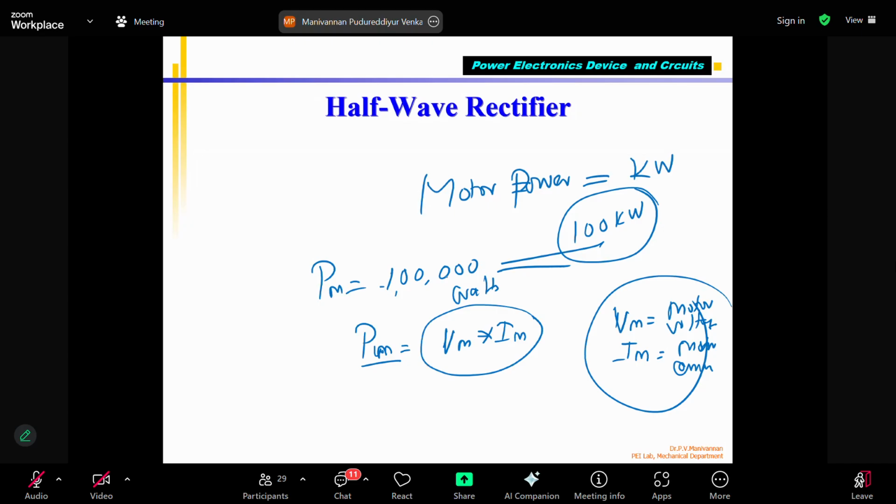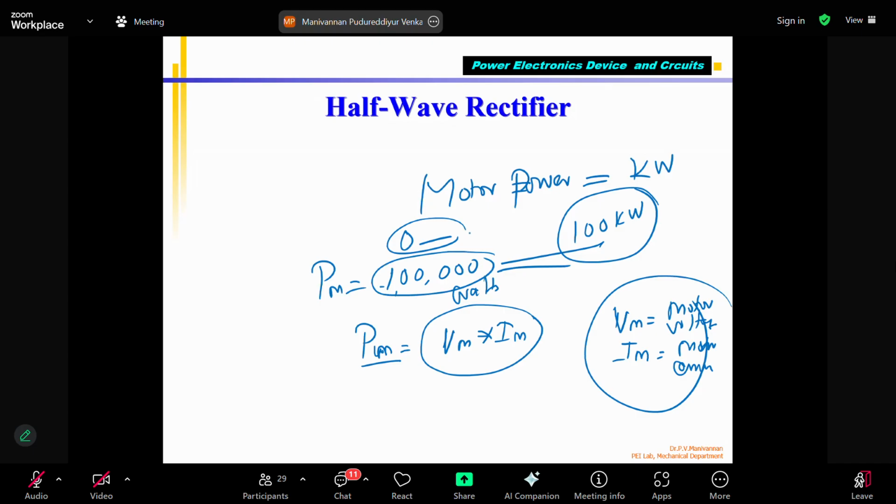Already, your car weighs around 1500 kg, correct? Or 1200 kg. It needs to accelerate from 0 to 100 km speed. Not only acceleration, it has to maintain this speed up to 150 km per hour, 120 km. That means the power delivered by the motor will vary from 0 to 1 lakh watts. Correct? As you press the accelerator pedal,